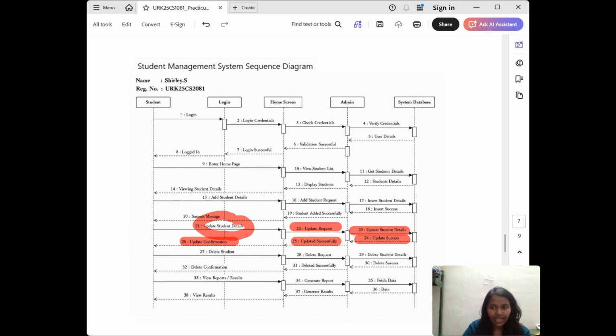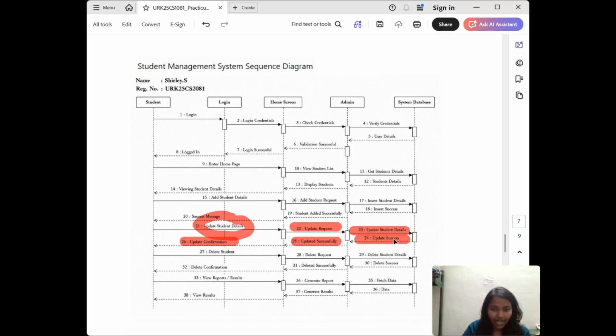The procedure has been followed where we analyzed the system scenario and identified the major interactions involved in the student management system. We created the participants, the objects in the sequence diagram, added the lifelines, defined the messages exchanged, and arranged them in the correct chronological order. We connected the participants using message arrows, and also included the return and response messages.